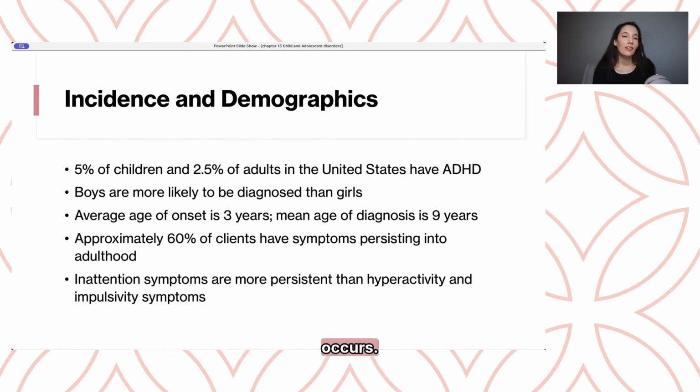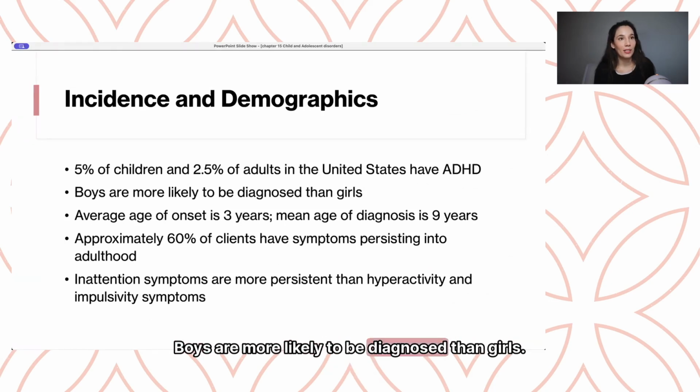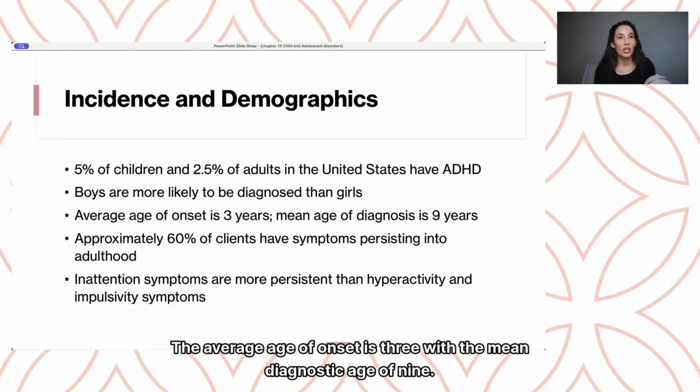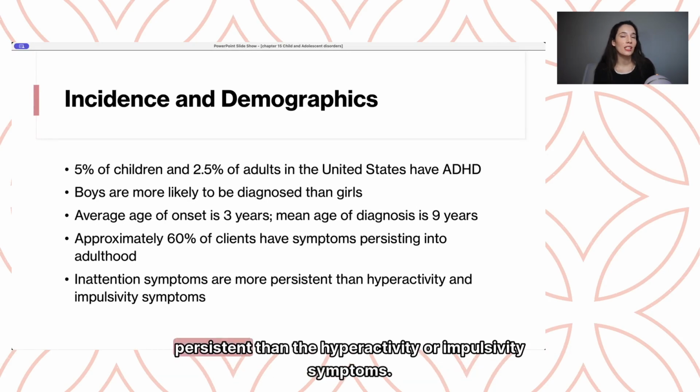So this ADHD occurs in 5% of children and 2.5% of adults in the US. Boys are more likely to be diagnosed than girls. The average age of onset is 3, with the mean diagnostic age of 9. Approximately 60% of clients have symptoms persistent into adulthood, and inattention symptoms are more persistent than the hyperactivity or impulsivity